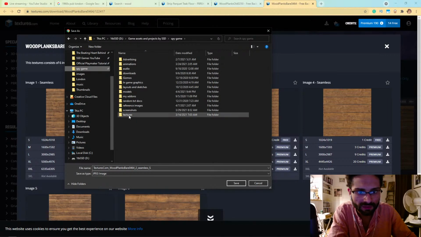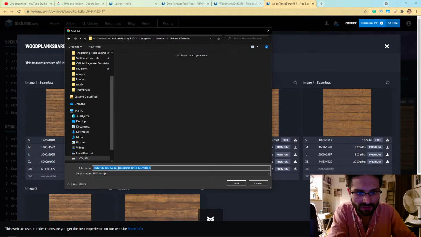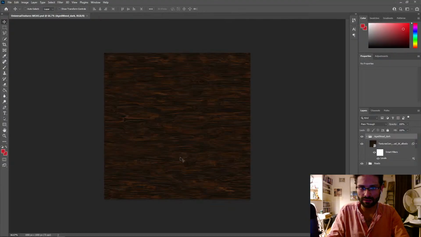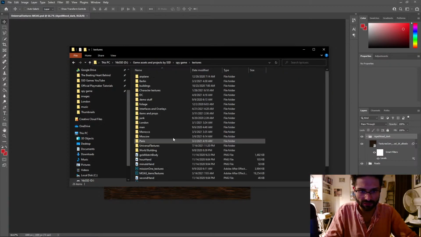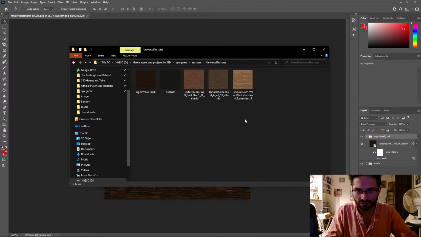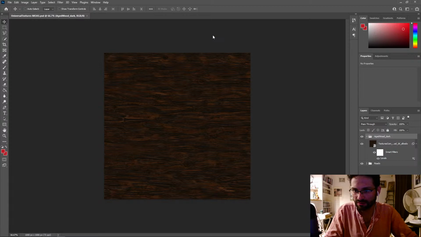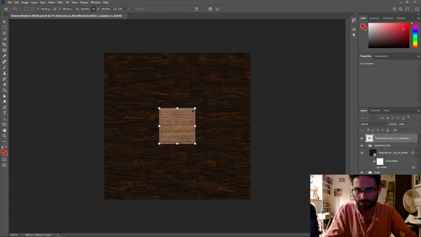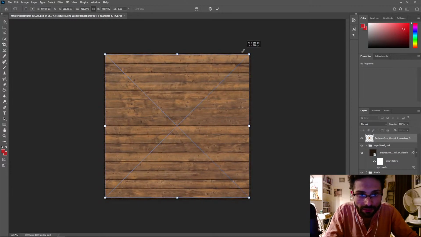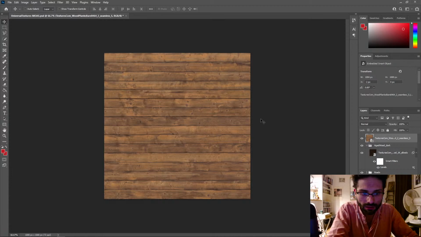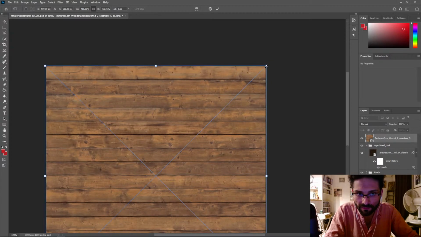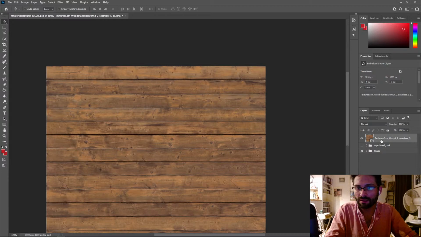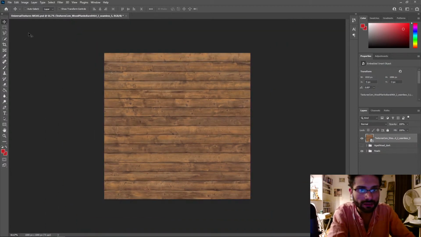Spy game, textures, universal textures, and I'll call this one, or actually I'll just save it in like this, and then in Photoshop, I'll come over here, spy game, textures, universal textures, drop this in like that. And it's pretty small, but no biggie. Get a little bit bigger. That. Turn this off. And the reason I brought this in is to